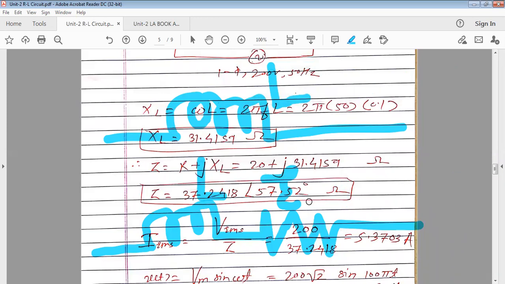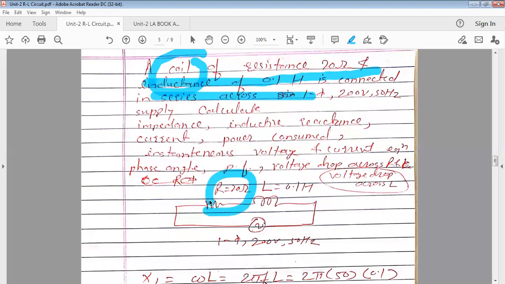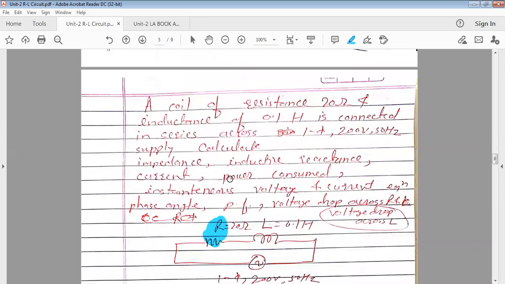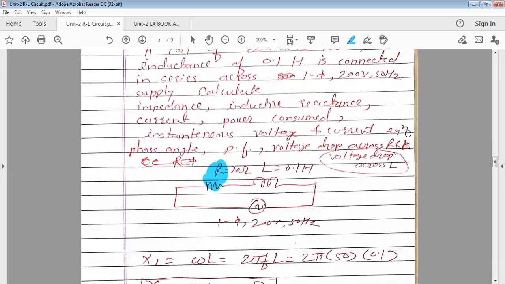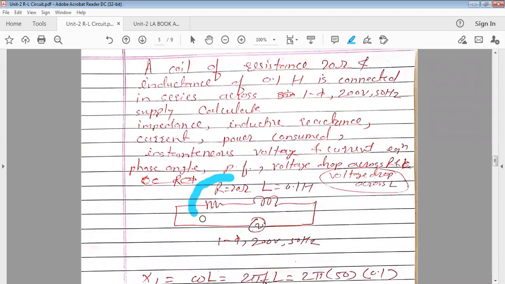Two things are there. So see here, a coil of a resistance and inductance means whatever coil you are going to consider, it has some internal resistance and its value is also given, and that you have to consider. Its value of internal resistance you can denote by capital R, small r, doesn't matter. As in the earlier derivation we used capital R, here also we use capital R because it's not separately given. The internal resistance of a coil and the series resistance are not given as two separate values, the combined value is given, so we'll take it as capital R only.